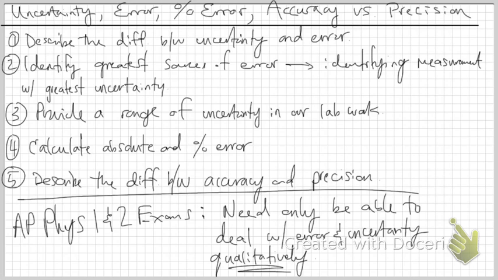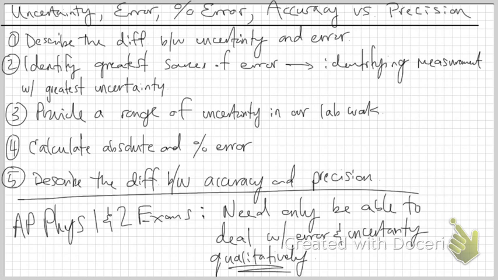So measurement tool, in particular, its level of precision or how it's being used, or as we mentioned at the end of class last time, what percentage of your measurement is that uncertainty range? So, for instance, there's a greater percentage of uncertainty from a 20-degree measurement plus or minus 2 degrees versus a 70-degree measurement plus or minus 2 degrees. The 20-degree measurement, the smaller angle measurement, has a greater percent uncertainty, since both measurements have the same range of uncertainty. Those are the types of things we want to be able to look at on the AP